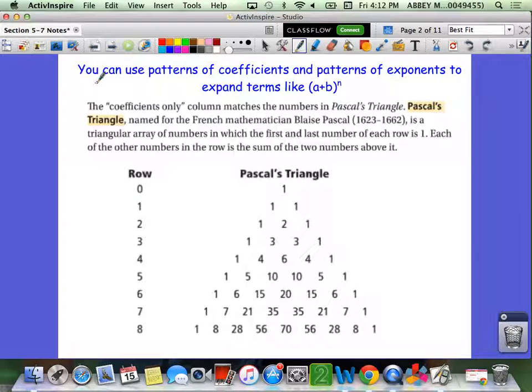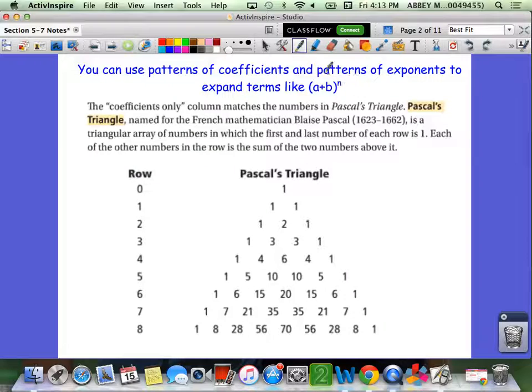So you can see here, you can use patterns of coefficients and patterns of exponents in order to expand terms like a plus b all raised to the n. So you know how to do it to the 0 power, to the first power, to the second power. But today we're going to look at what is the most efficient way, instead of foiling, to write out these binomials in standard form. So the way that we're going to do this is start out by looking at Pascal's